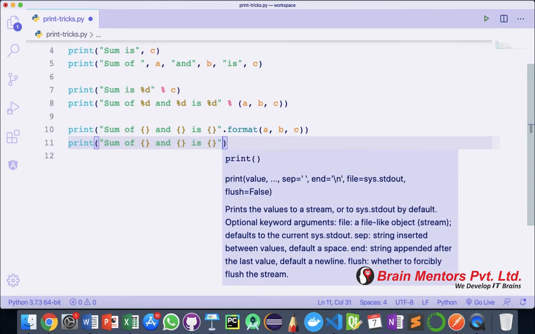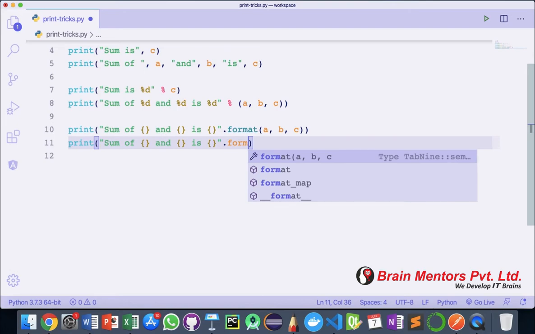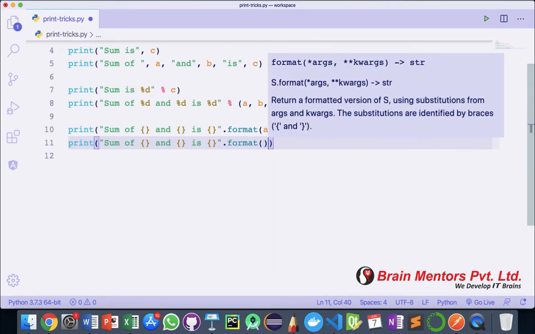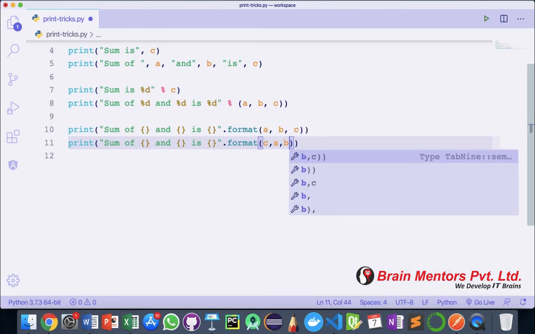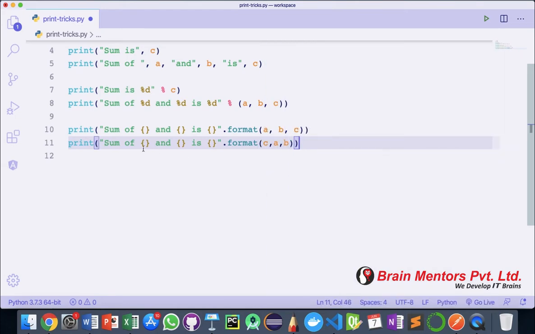Let's say inside the format function you jumbled the variables and didn't keep track of the order, so I put c comma a comma b. Now inside the curly braces you can tell which variable each one should fetch its value from.